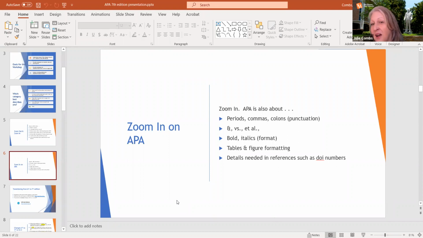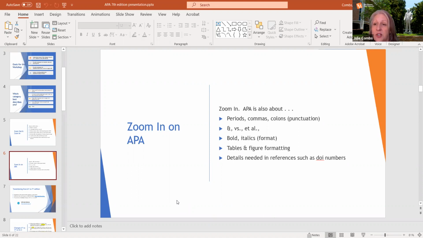Punctuation, periods, commas, colons, dashes, all of those things that we use in language. The use of the and sign, when we use the abbreviation versus when we use the abbreviation at all. Tables and figure formatting. And then what are some of the details we need in a reference list?